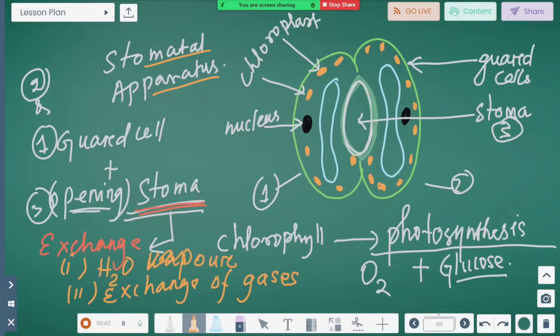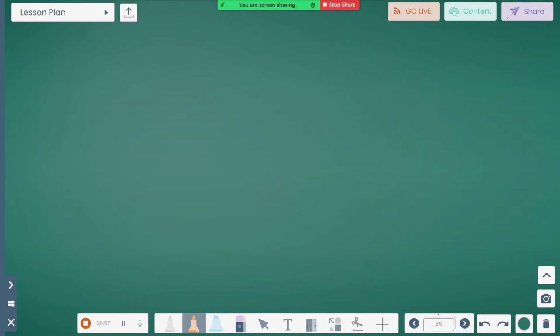Now over here I mentioned that stomata perform two basic functions, that is, exchange or removal of water vapor and exchange of gases. Why I mentioned exchange of gases, that also we will see in greater detail. So moving on to the next part. The next part shows how guard cells